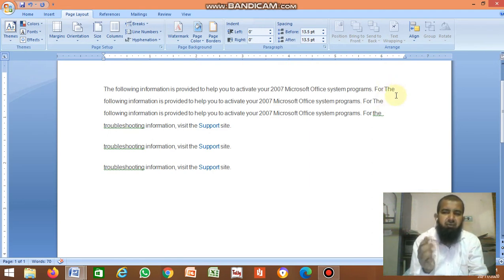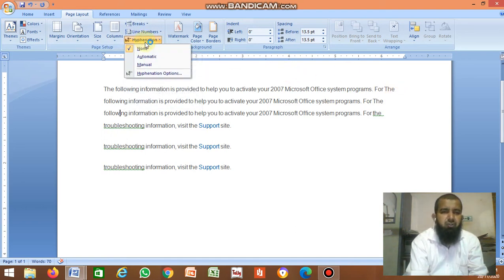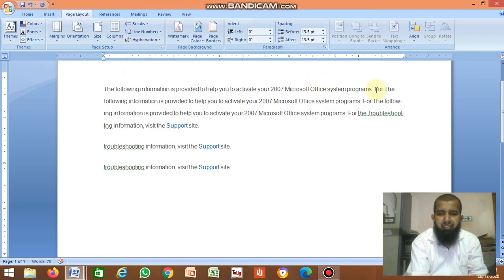If you want to display half the word here, put a hyphen, then the remaining part on the next line, you can do that. Just go to Hyphenation, click Automatic. Here the word is "following". It displays up to "follow", then a hyphen, then "ing" on the next line. One word is divided into 2 parts.